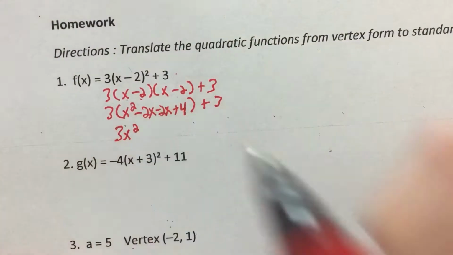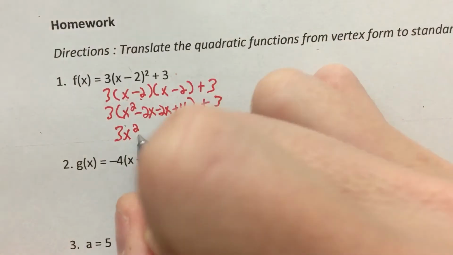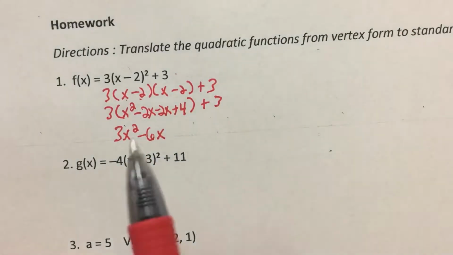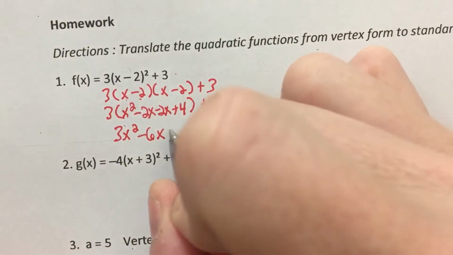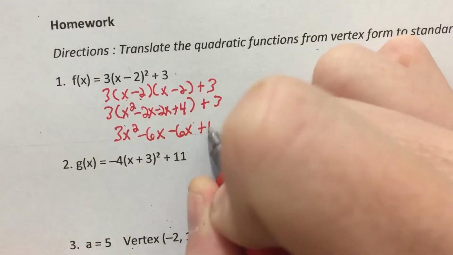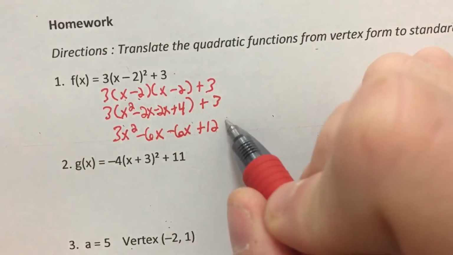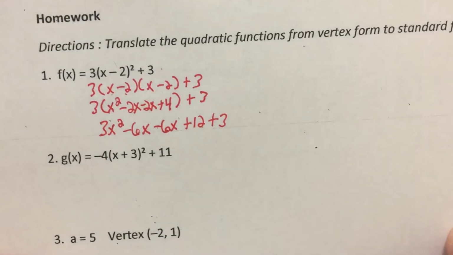3 times x squared is 3x squared. 3 times negative 2x is negative 6x. 3 times another negative 2x is negative 6x. And 3 times 4 is 12. Don't forget the back number, plus 3, just drops down here. And then finally,